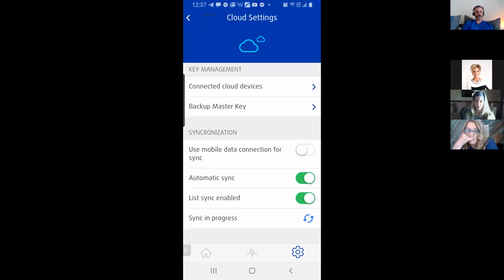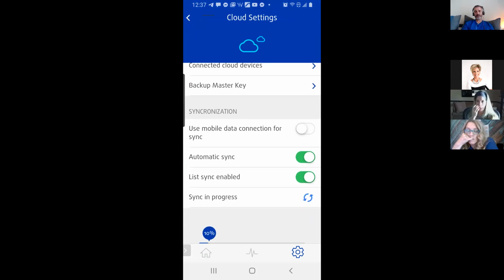So, backing up the master key, use mobile data for sync. Here's the thing: if you're not connecting your device all the time to Wi-Fi, and you have this off, then you go to reboot your Healy or restart it, and you're like, wait, I unloaded and reloaded the program, and I can't find my client information anymore. Where is it? Well, you were never syncing it to the cloud. So it was only on your device. It never got put on the cloud. So it's gone, okay?